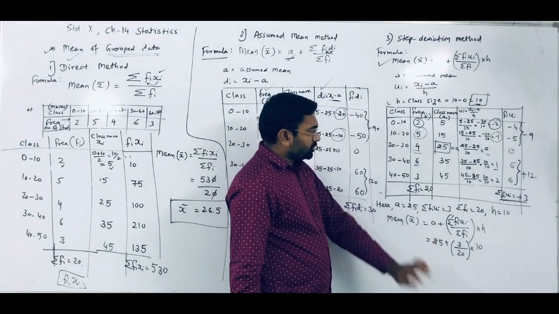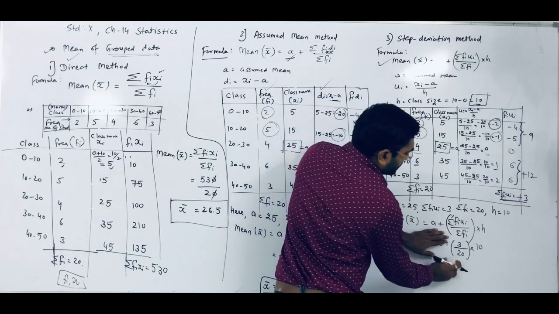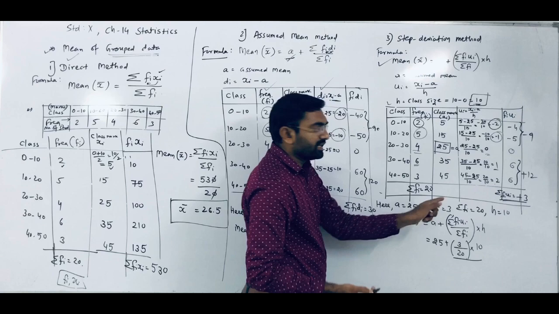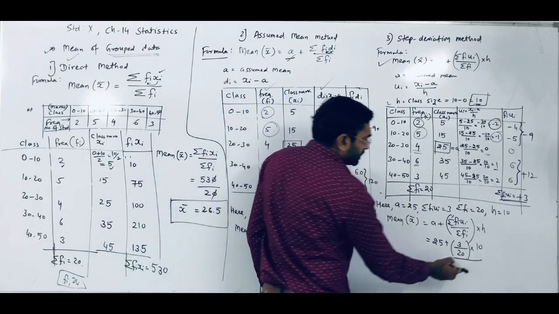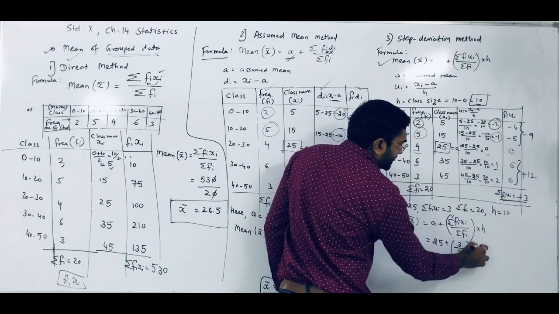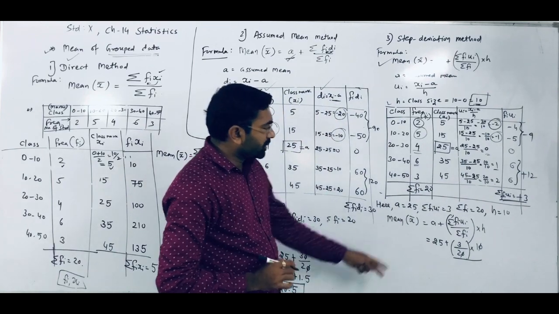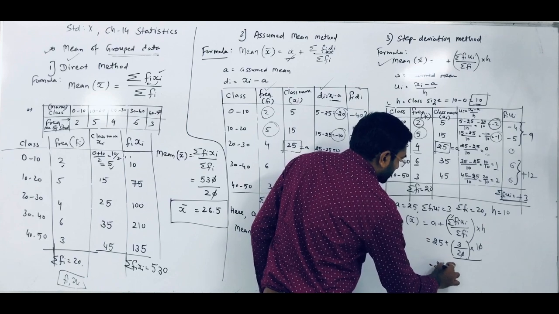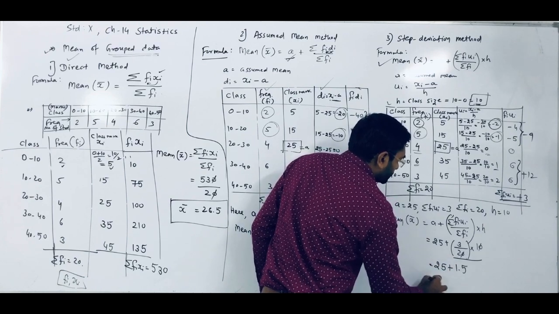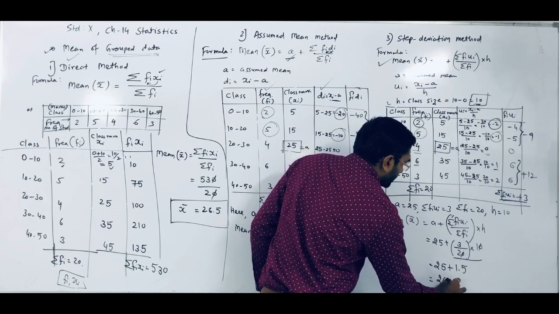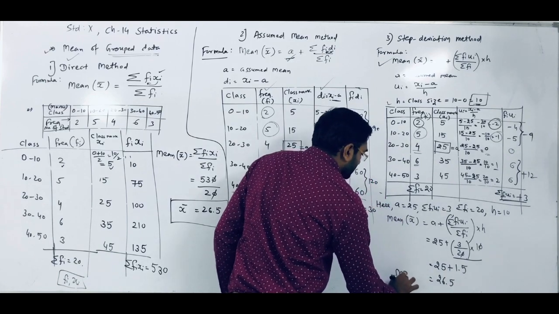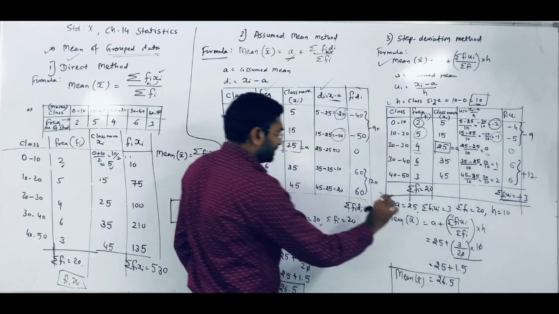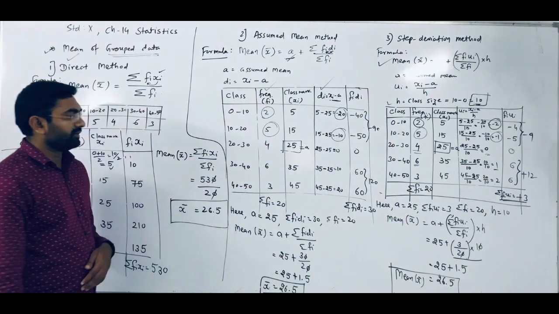Now, most probably, what you have to do is first simplify that second term, then add it to the first one. Okay, so these two terms are in multiplication, so that 0 cancels out. So what we get? 3 by 2. So 3 by 2 means what? 1.5. So you get 26.5. So the mean of the given observations using the step deviation method, again we get 26.5.